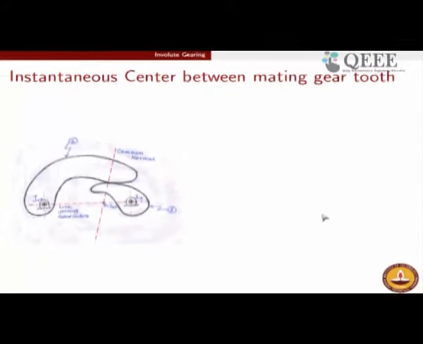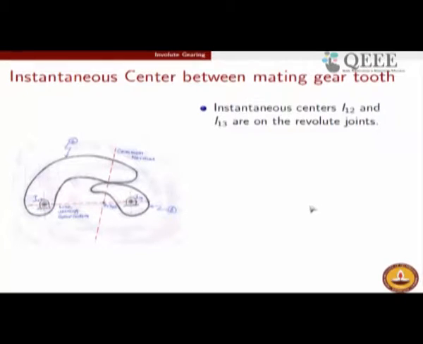So, today our first objective will be to arrive at the instantaneous center of the mating gear tooth. Mating gear tooth, as we understood through yesterday's discussion, is an example of a higher pair mechanism, but we wish to specify exactly for a mating gear tooth where the position of the instantaneous center is. So, as per our discussion yesterday, the instantaneous center has to lie along this common normal of the